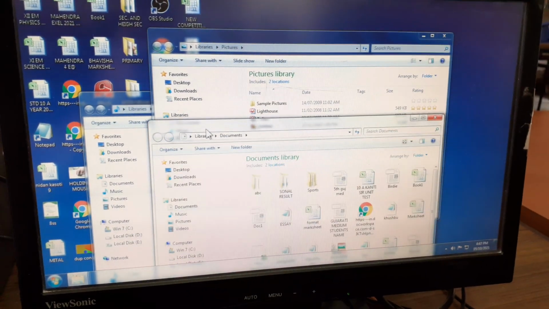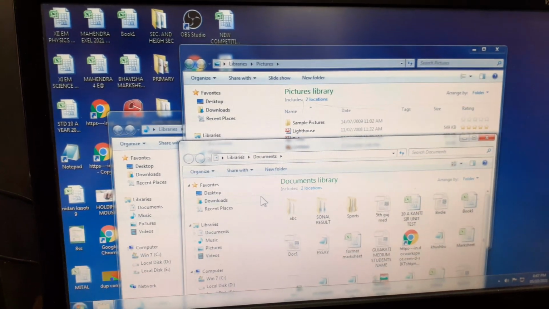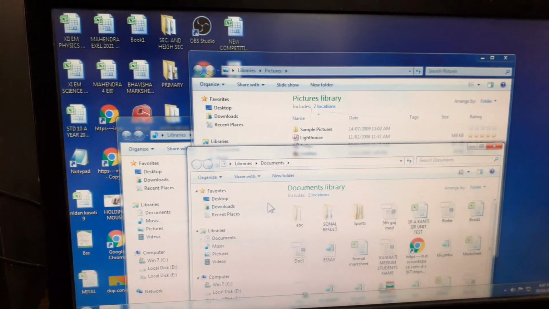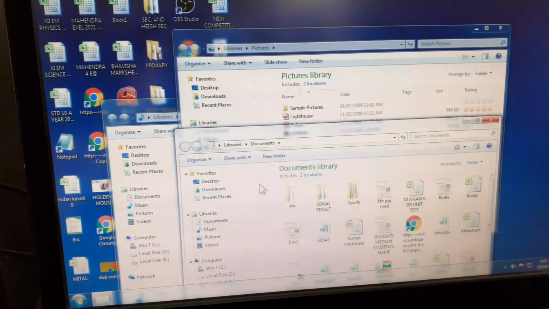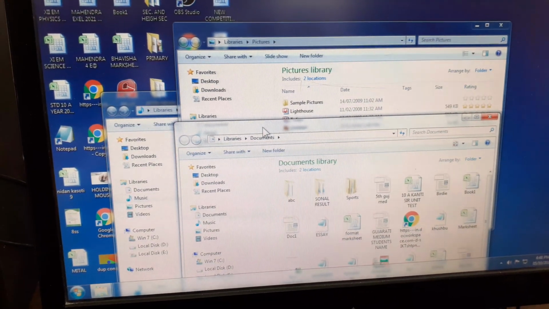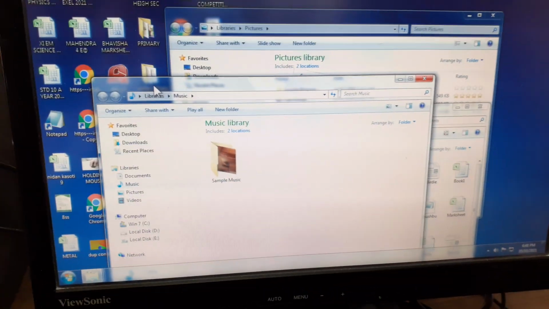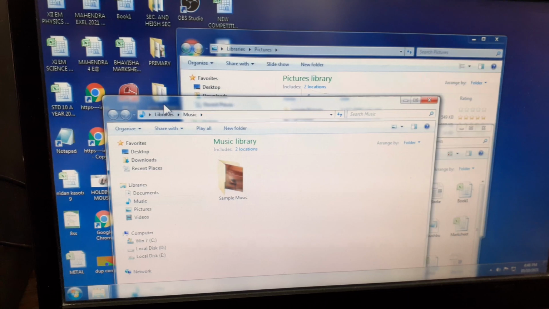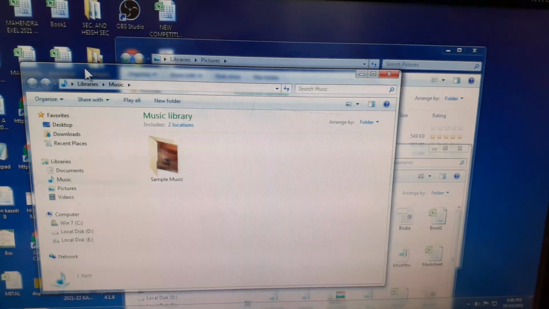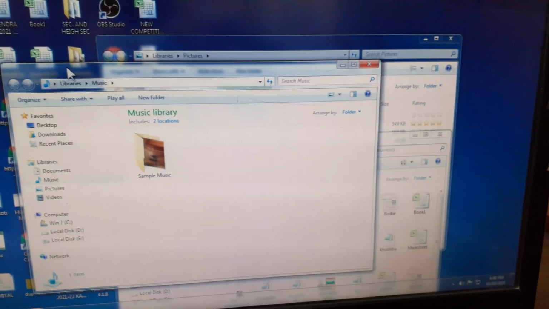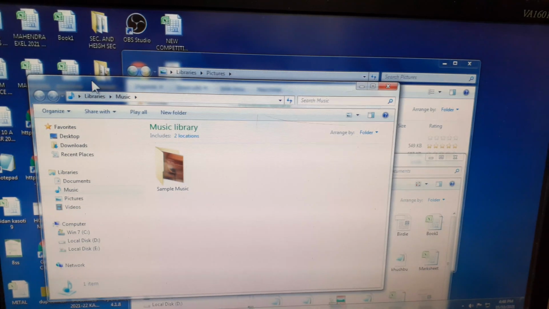Now which is the active window? So here we can say children that the music window is active now, and the documents and pictures windows are inactive windows.